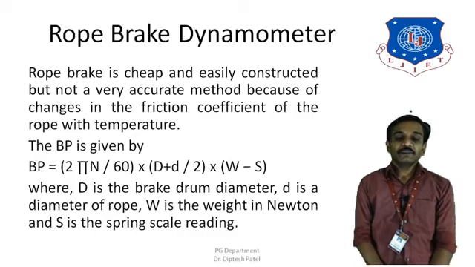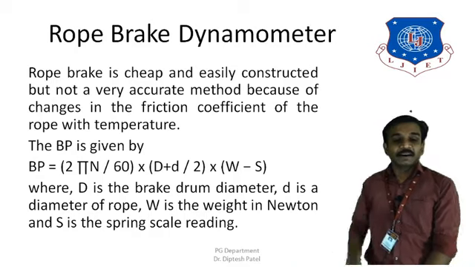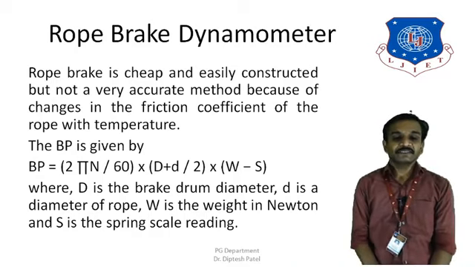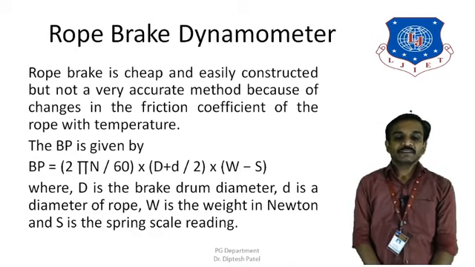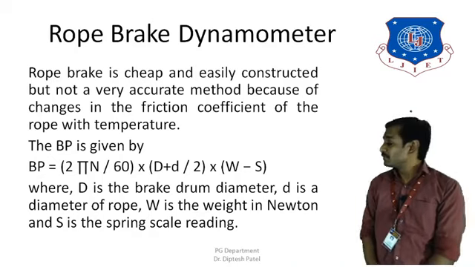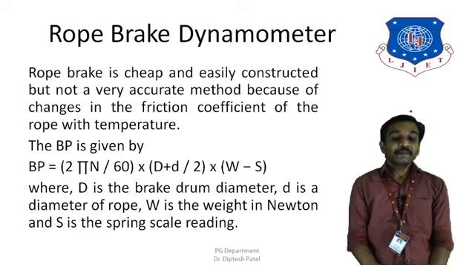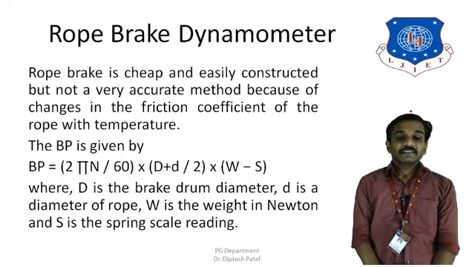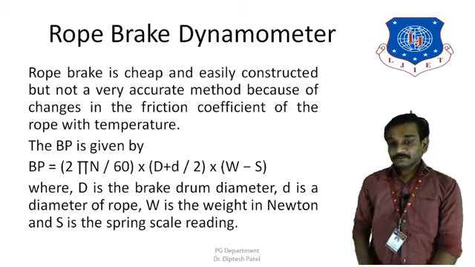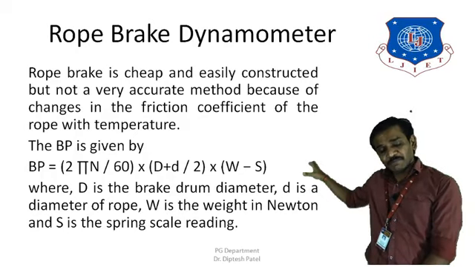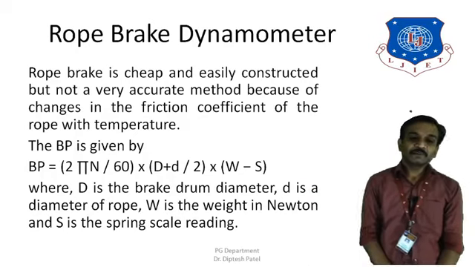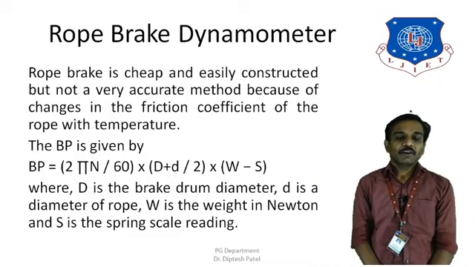We can calculate the brake power by using the formula given over here, that is 2 pi n divided by 60 into capital D plus small d divided by 2 into W minus S, where n is the number of revolutions per minute, capital D is the brake drum diameter, small d is the diameter of the rope, W is the weight in newtons, and S is the spring scale reading. So once we put the values in this formula, we can calculate the brake power with the help of the rope